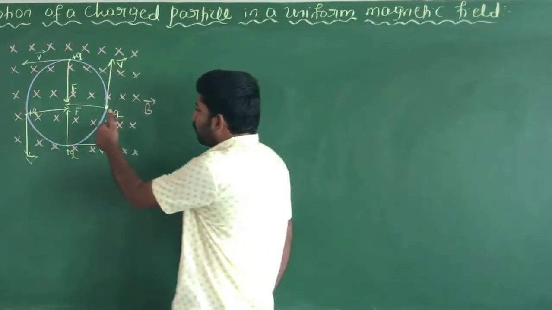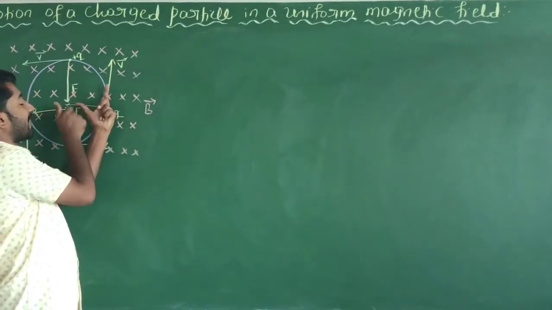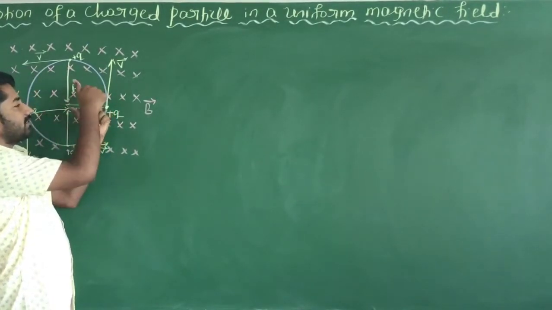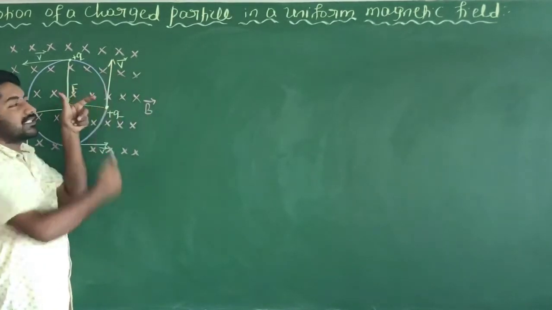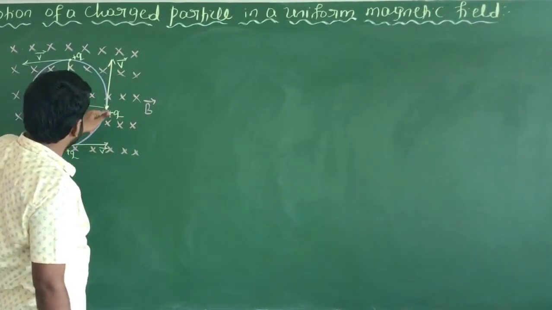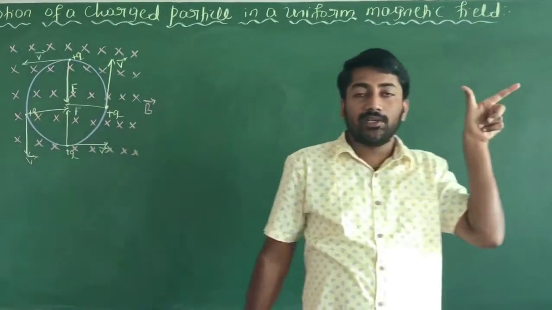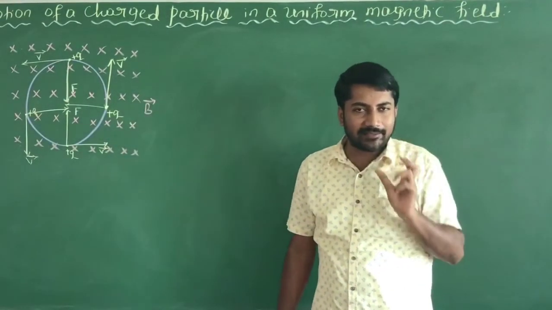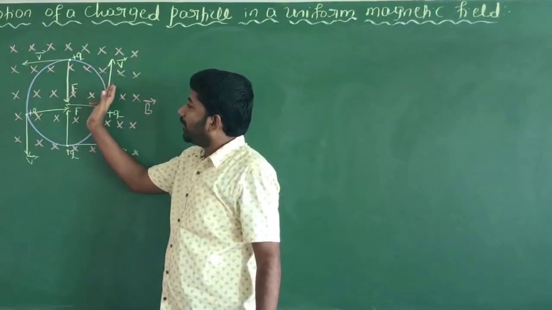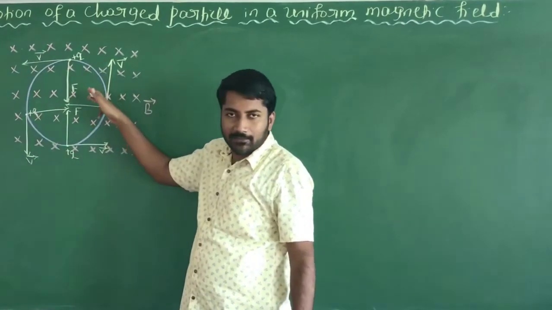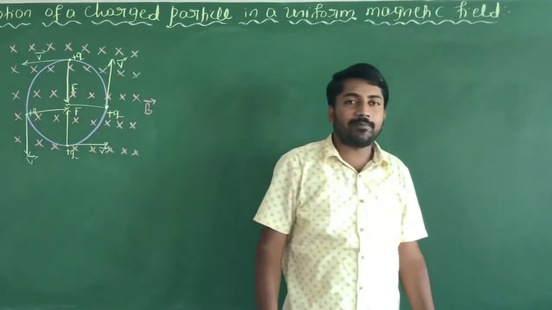When the charged particle moves perpendicular to the direction of the magnetic field, here the thumb indicates the force acting on the charged particle, the forefinger indicates the direction of the magnetic field, and v indicates the velocity of the charged particle. Here, this force provides the necessary centripetal force. When the charged particle is moving, the magnetic force is created. The charged particle moving perpendicular to the direction of the magnetic field moves in a circular path, and the force provides the necessary centripetal force.